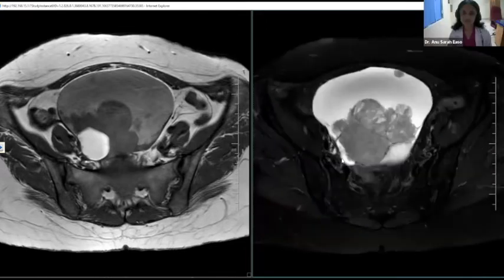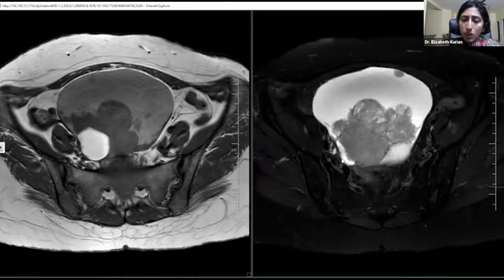So from this, what are your differential diagnosis, and how will you categorize the lesion? According to O-RADS, how will you categorize it? There is a solid enhancing component in the lesion, and this enhancement is seen to be more than the myometrium. So I'll consider it to be an O-RADS 5 lesion. But there is some fat within the lesion. So the possibility of an immature teratoma or a mature cystic teratoma undergoing malignant transformation can be considered, ma'am.